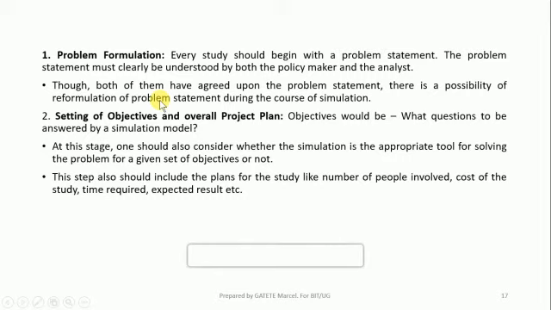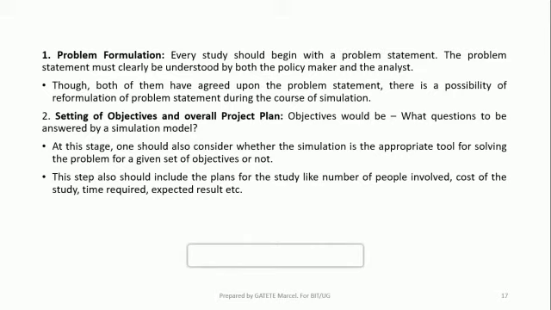It means you can define the problem at the beginning, but as you are progressing with your system study, you find that you have defined the problem wrongly. So it may be necessary to reformulate your problem.